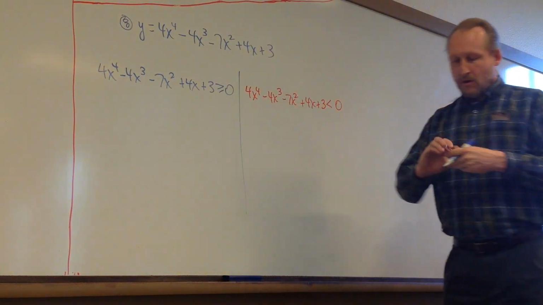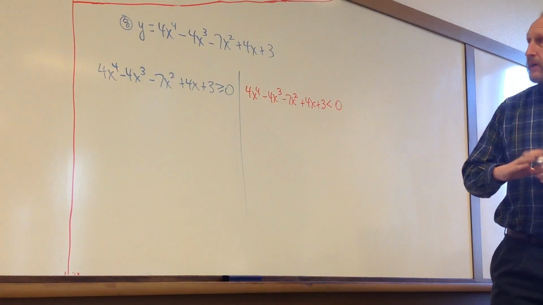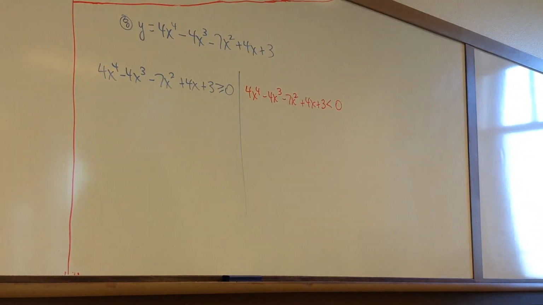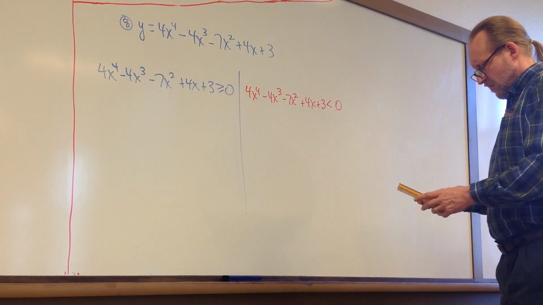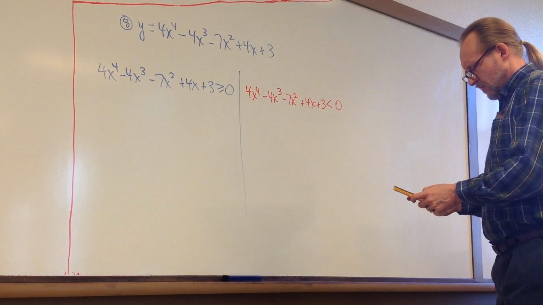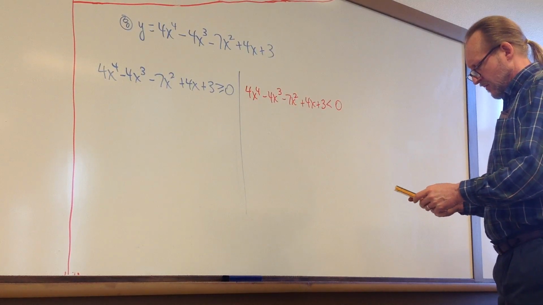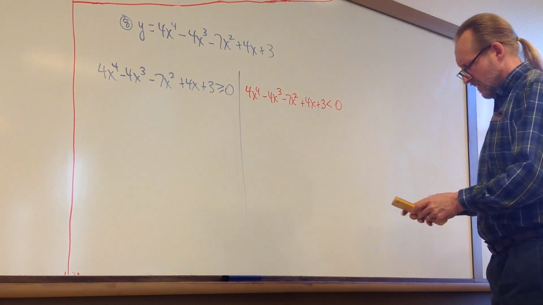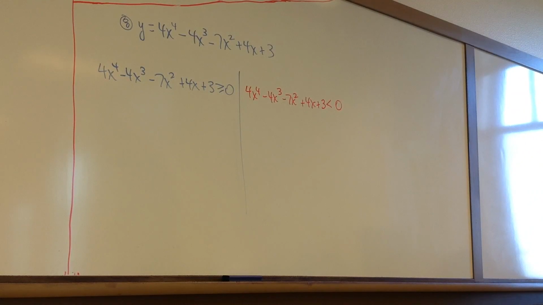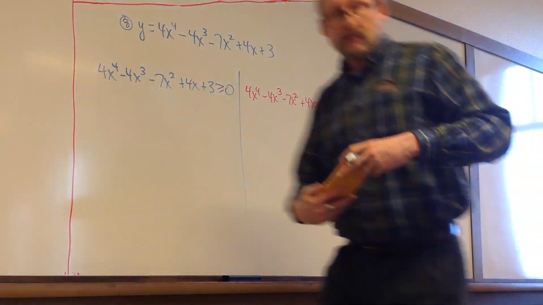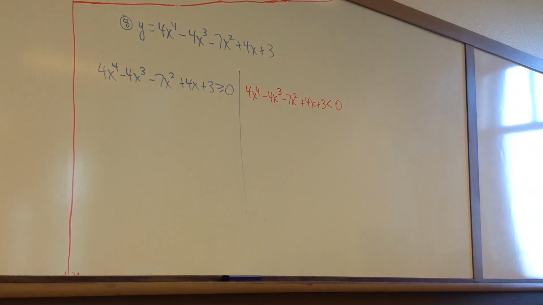Less than 0. Okay, well, let's put it on the graphing calculator and take a look at it. 4x to the fourth minus 4x cubed minus 7x squared plus 4x plus 3. And let's see what it looks like in the standard window. Well, let me show you what it looks like, because I think I'm going to kind of zoom in on that